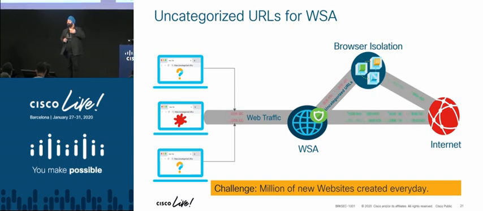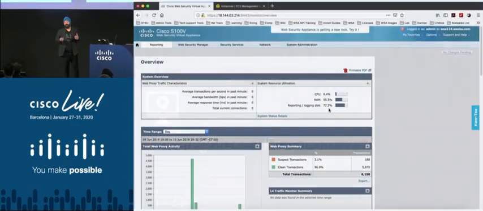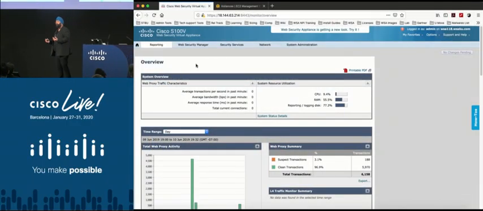By default, as Cisco, we do not have intelligence on that website because it just came up yesterday. We do not know whether it's a good or bad website, which we would come to know only after a little bit of time, when it's been browsed once or so. But in that case, you want to use those uncategorized websites to go through the RBI solution. Now let's look at that in some detail while doing a configuration on